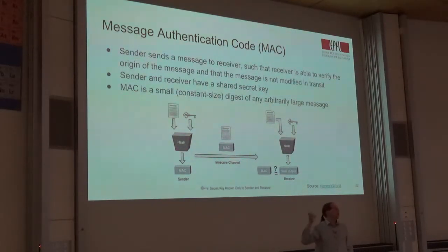The attacker won't be able to find a valid MAC that the receiver will reconstruct using that key, because the attacker doesn't know that key, and the attacker can't re-engineer the key because of the one-wayness of the hash function, right? So that protects the integrity in this simple scenario, provided the key is known only to